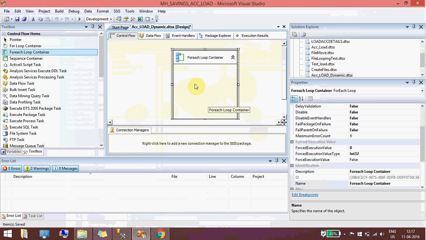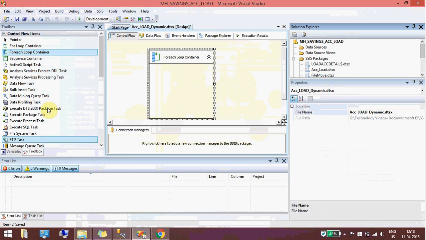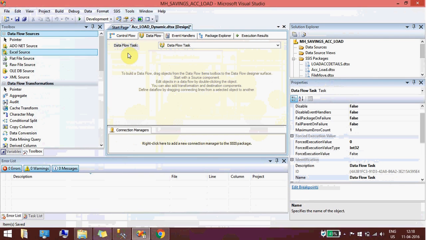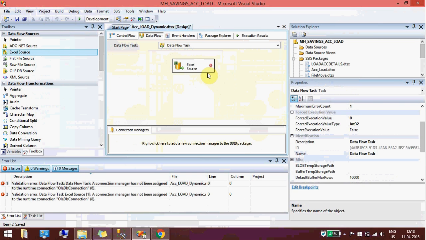Once you are done with this, you need to take the Excel source. For the Excel source, you need to drag a data flow. So I'll drag it here. In this Excel source, you need to define the Excel source.